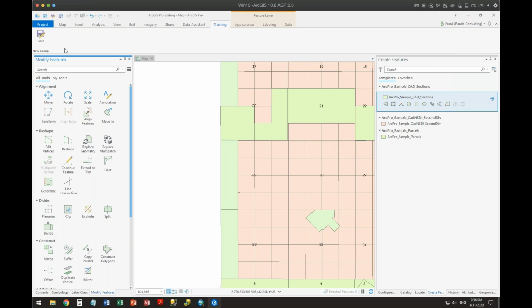So for the parcel editing, like in New Mexico, one of the things that might be useful as a group when they get together would be to come up with maybe a PLSS editing toolbar, and then all of the tools you would use to update your PLSS could be on there. And anytime you're going to make the PLSS editable, you'd go to that ribbon, and those would be all the tools you'd need to do that. I mean, exactly. This customization is going to make it a lot easier to teach people how to do the edits we want them to do, correct?